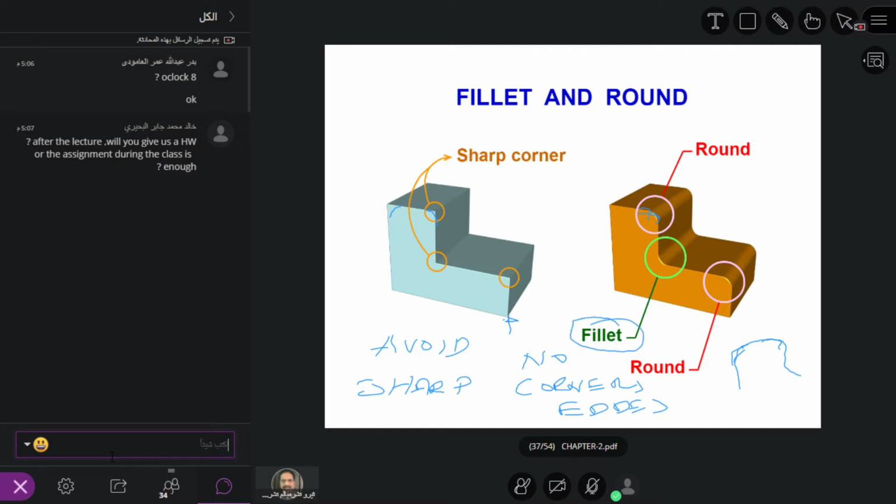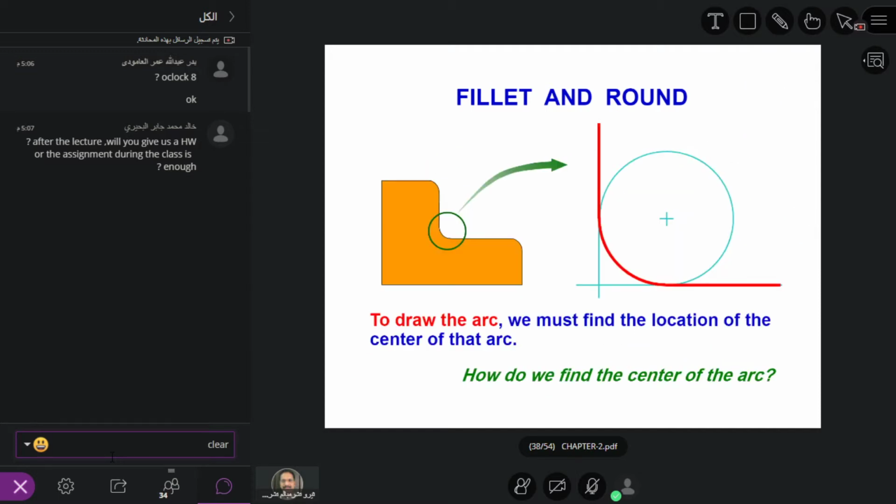And generally, it's a round fillet, not completely round, but a radius rather. Okay, so for this radius, we usually have a general standard radius, depending on the size. Usually 0.2 to 0.5, and a maximum of 1 to 1.5 radius is common in engineering, particularly mechanical engineering design. Here, we provide a round or fillet in order to prevent the end user from any accidents.